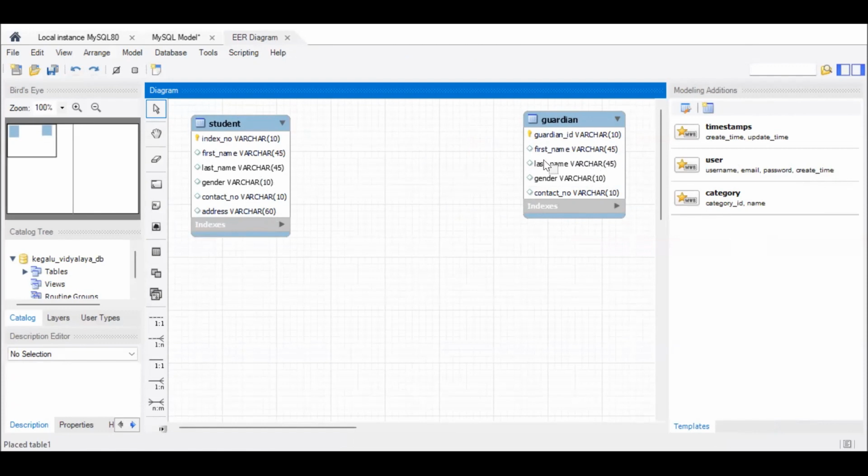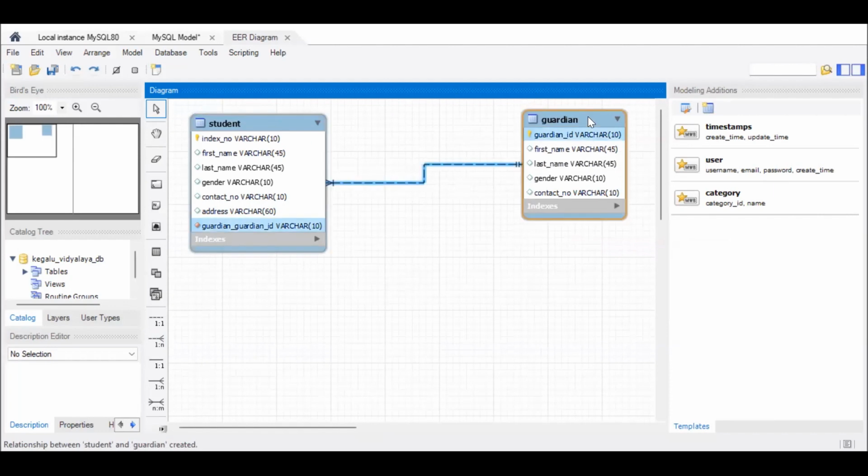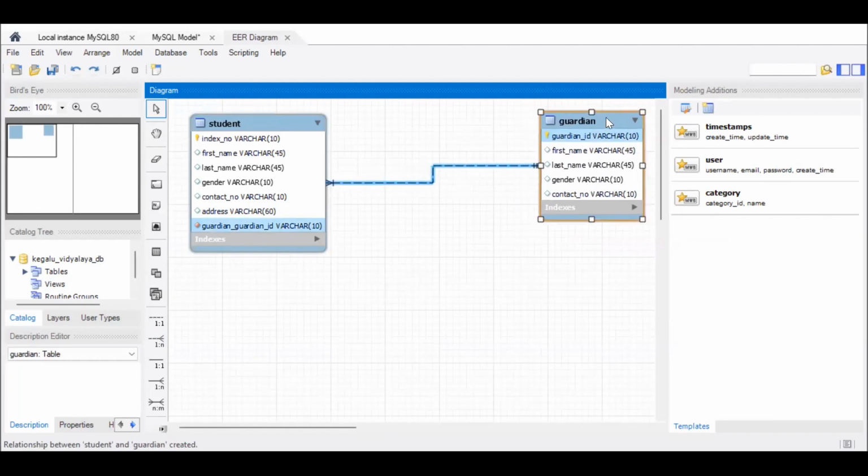So in this instance, we can use a one-to-many relationship between these two tables. So click on this icon. Firstly, we have to click on the table which gains the many relationship, and lastly the table which gets the one relationship. In this instance, the student table gains the many relationship and the guardian table gains the one relationship. So now we have created the relationship between these two tables, and then let's move to the next